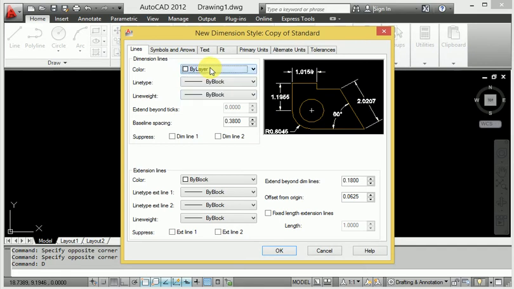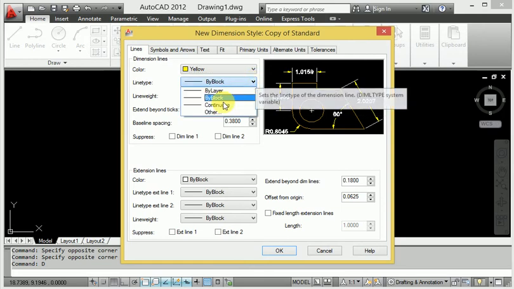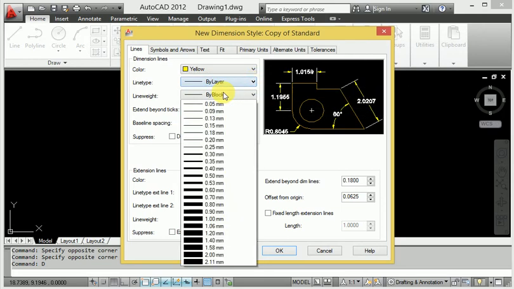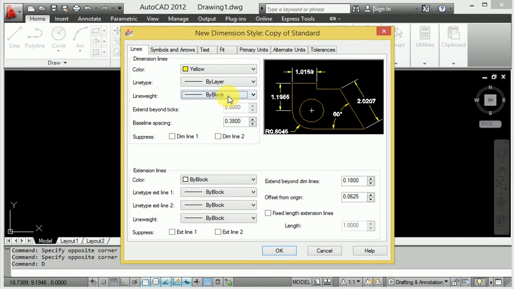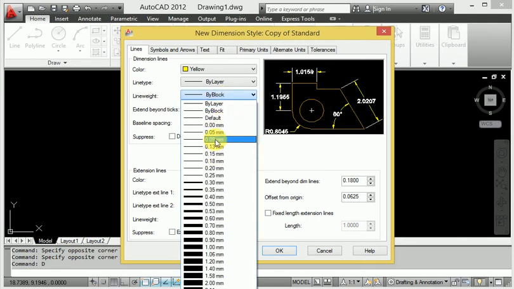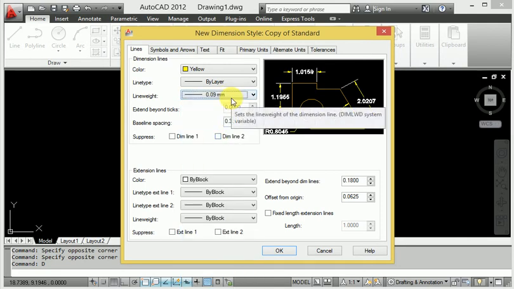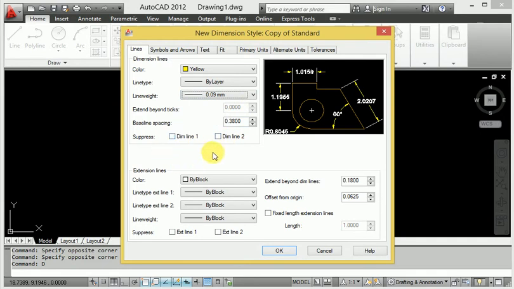When I want to set the yellow color, this yellow color is coming. When I do want by layer, so by layer, and then provide the thickness according to here. Then this is complete for setting. Then next,